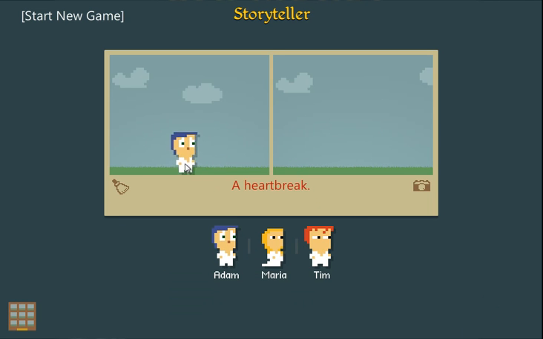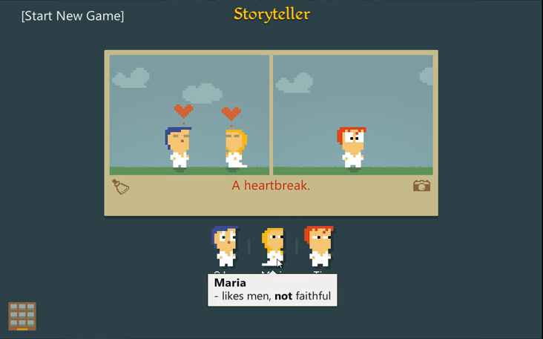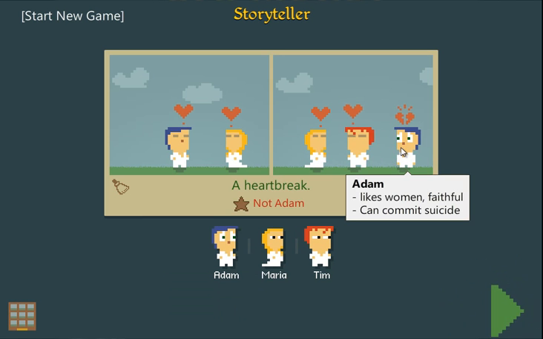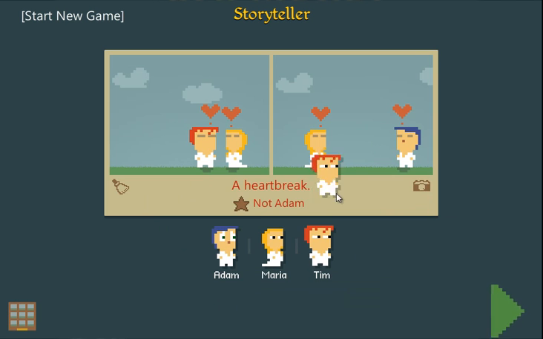Now we're going to find a different way to make a heartbreak. Maybe we remember Maria's not faithful. This is where things become handy, because now we'll create Tim, and we'll create Maria as well, and she falls in love with him, and then Adam is going to be heartbroken because of that. We could also, again, do things the other way. Maybe put Tim in here instead of Adam, and then put Tim back like this, and he should...